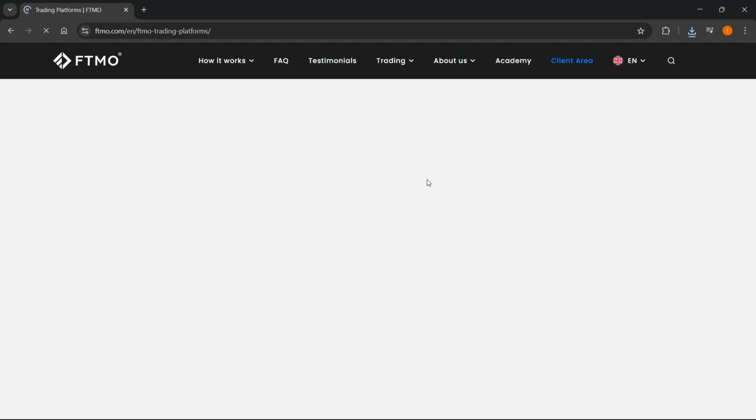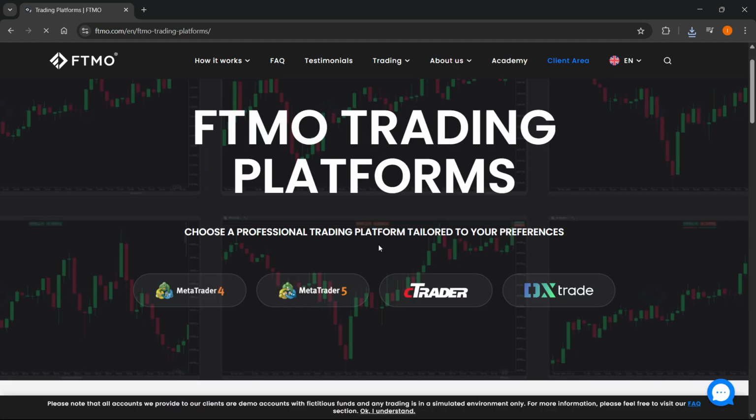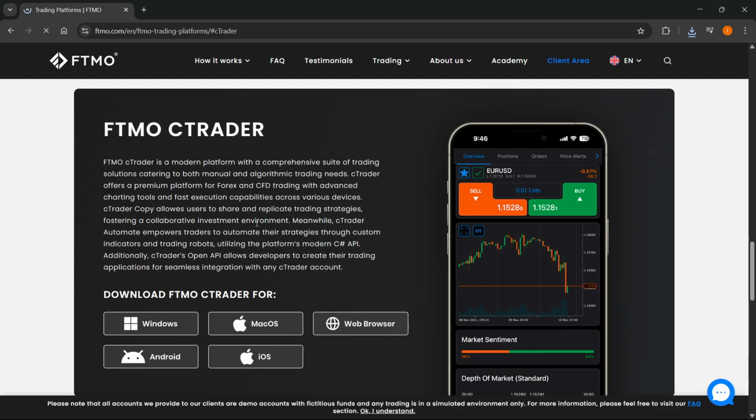So click on this, and then a few of them will pop up over here. Simply click on cTrader, and then it will scroll down until you see FTMO cTrader. Now, of course, you can download it for Windows, for Mac, for Android or iOS, but the easiest and the quickest way is to just connect via the browser. So I'm going to do this right now. I'm going to click on web browser over here, and it's going to direct me to